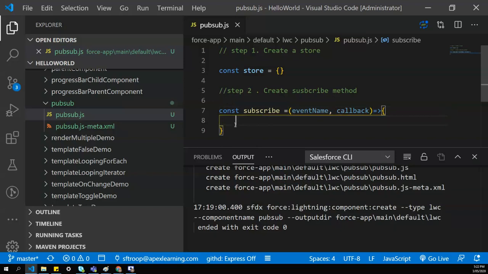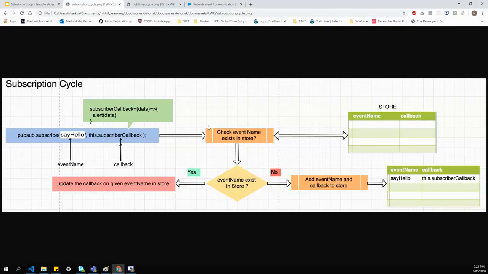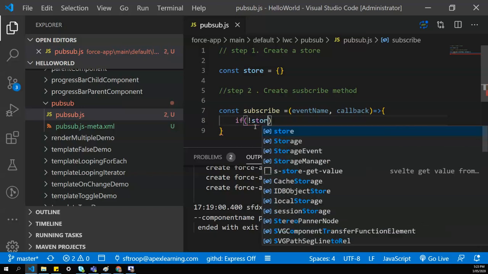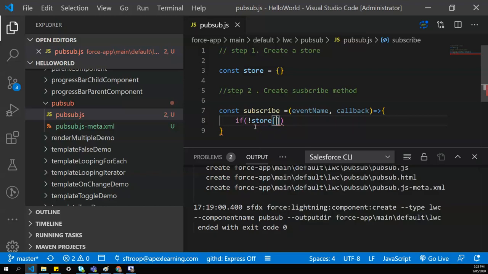function reference. And then what we are doing here is checking whether this event name is present in the store or not. So we'll check that in our PubSub library. If not of store event name, so I'm checking here whether this event name is present in the store or not.